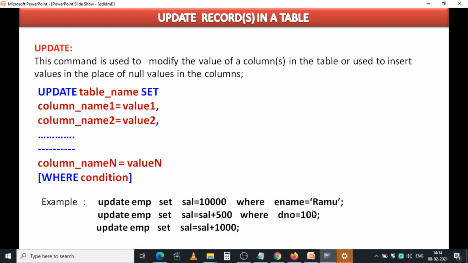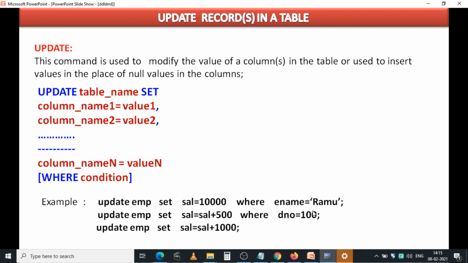Next, update records in the table. Okay, update command. The update command is used to modify already existing values in the columns or to insert values in the place of null values in the columns.